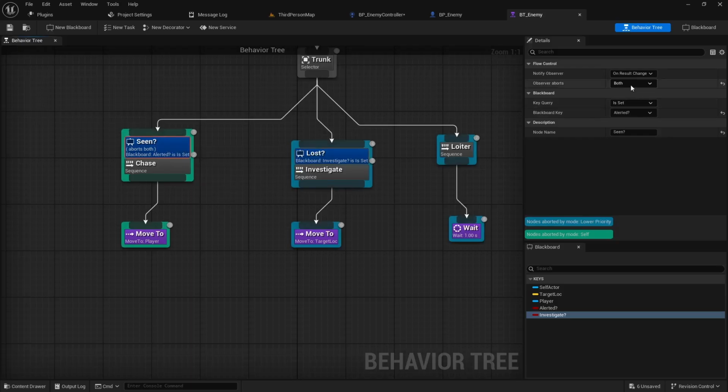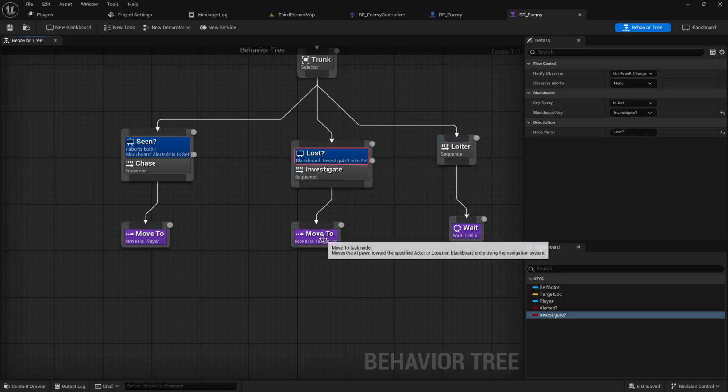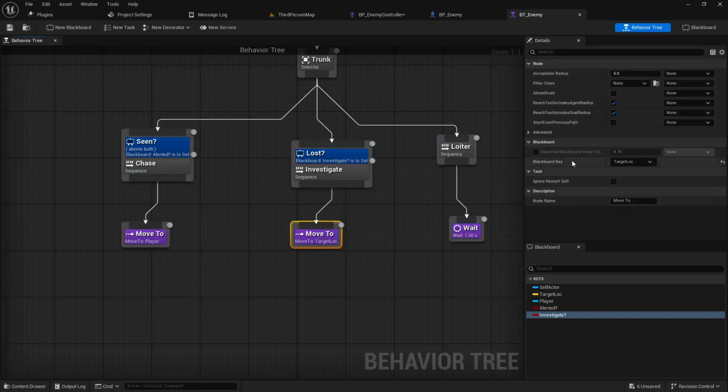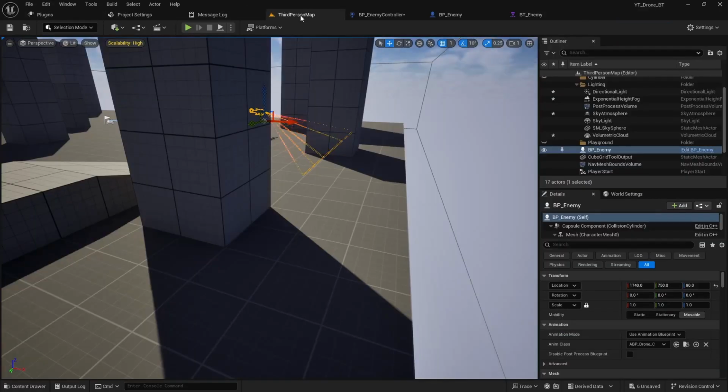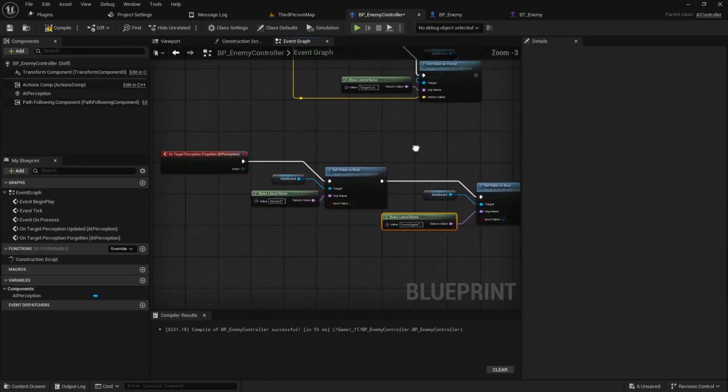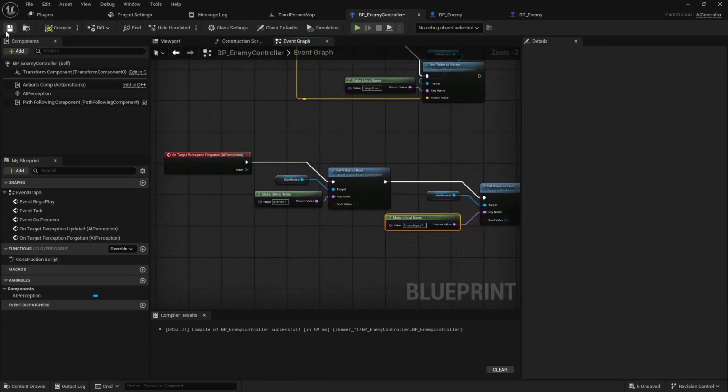And because I have this set to both, it'll abort this sequence and re-kick off the evaluation. So it'll check this again, which will evaluate to false. It'll move to this one, and this one should evaluate to true, which means this thing should move to the last target location, which is this Blackboard key here. And we know this was already being populated, so we should be able to see something happening with that. But there is an issue with this. So if we compile and save,